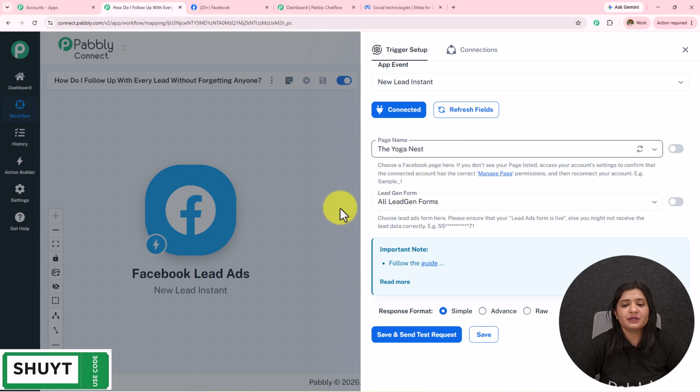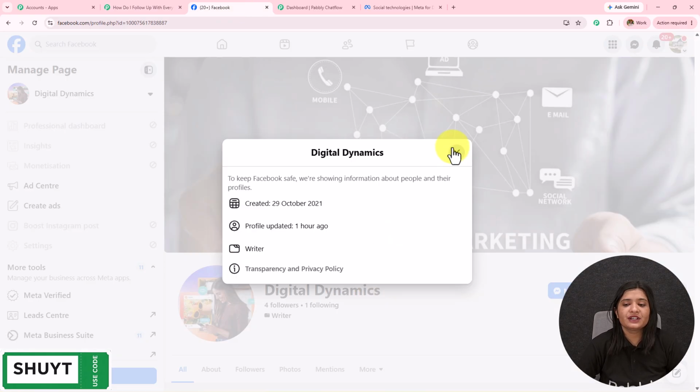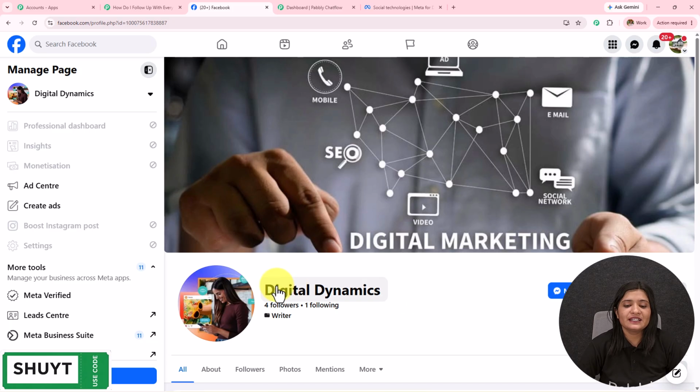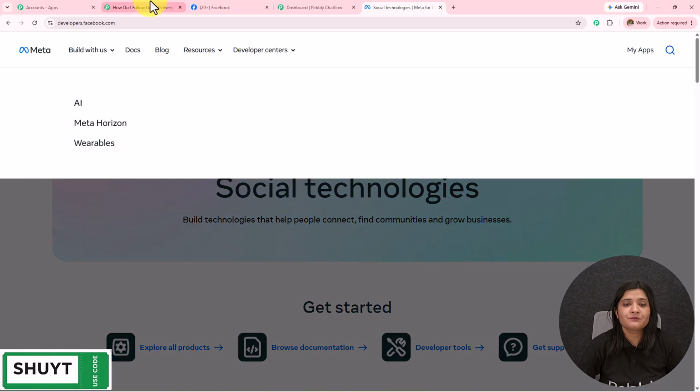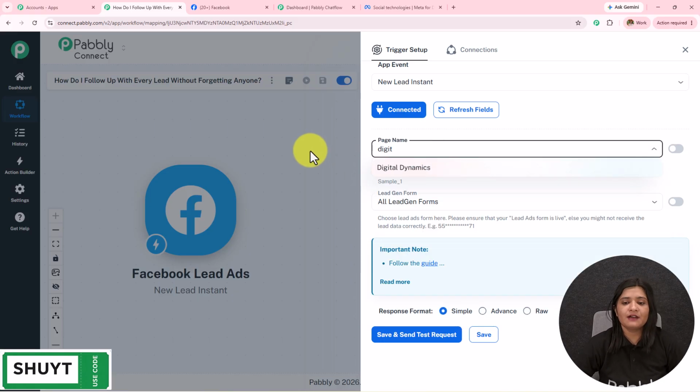Now I have to enter the page name and the lead gen form. To get this page name, I'm going to open my Facebook account. Now this is the page which I have created, using which I will be running all the advertisements, by the name Digital Dynamics. So I will select that page, Digital Dynamics, and then I have to enter the lead gen